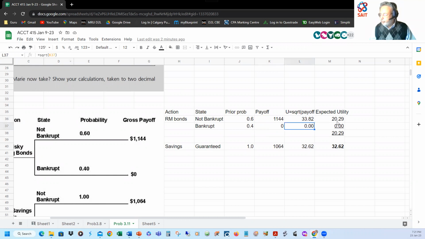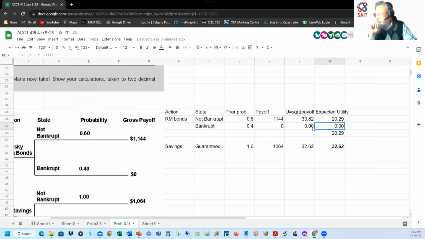Expected utility is Marie's probability multiplied by the utility. So 60% times the 33.82. That's what gave me 20.29. In the case of bankruptcy, Marie's getting nothing, so 0.4 times nothing. Now the question could very well have said if Risky Mining goes bankrupt, Marie won't get her interest and will only be able to recover 50% of her principal. Well, in that case, the payoff will be 50% of $1,000, $500. So there could be some positive payoff even in the case of bankrupt, right? So it totally depends on the